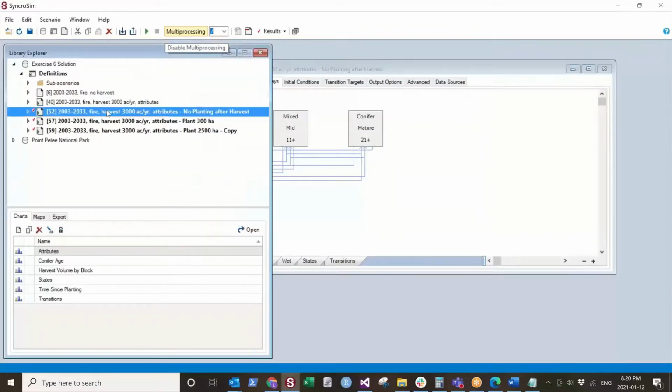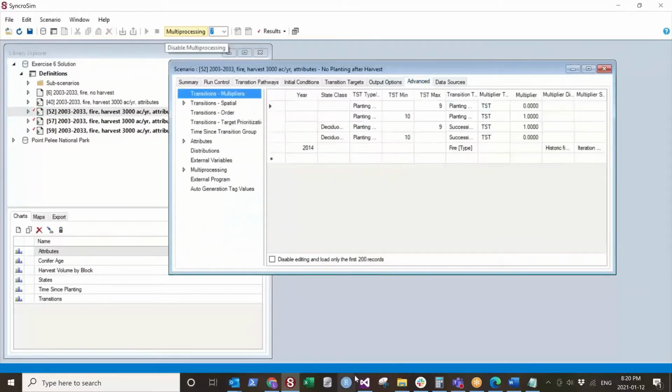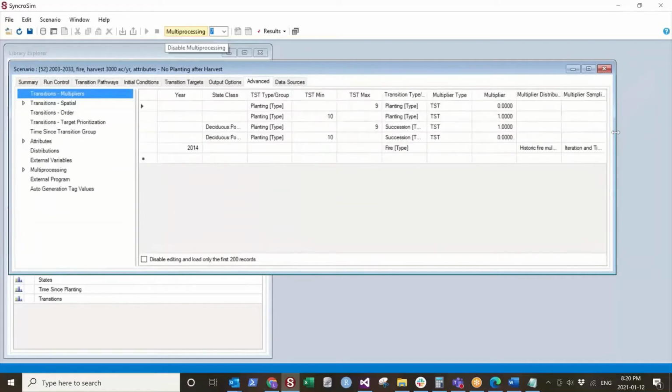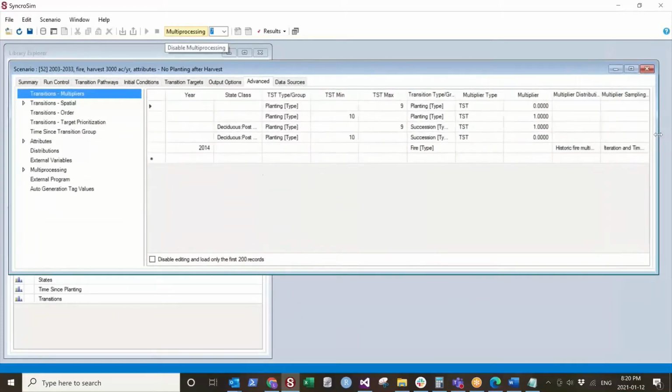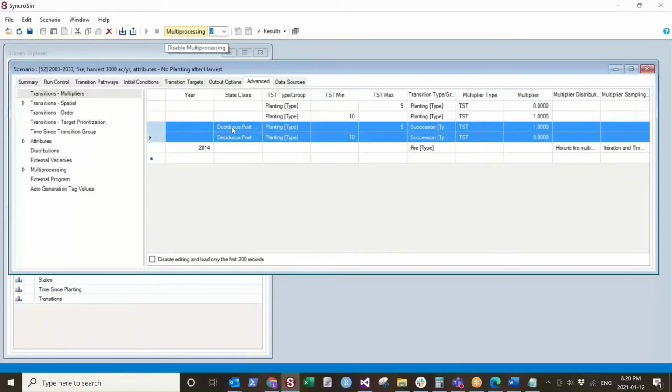And so the way I did that in this model is, in the transition multipliers, there's some hidden fields that I've exposed. I'm just going to make this a little bigger so we can see all of the fields. You see I've added a few fields. So here's that multiplier that you set up in an earlier exercise, but you'll see there's a few rows that I've added. So first of all, these two rows, what I'm saying here is that if you're in the